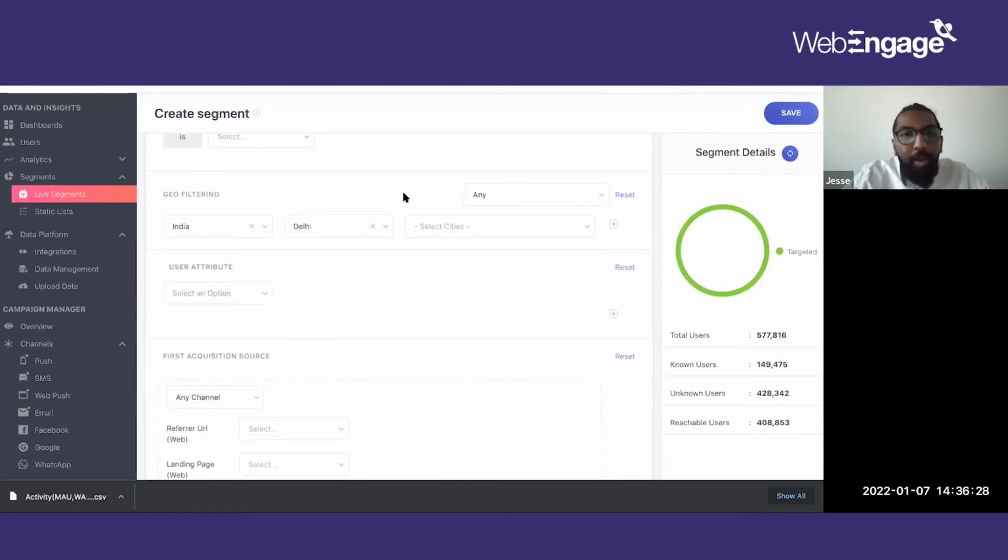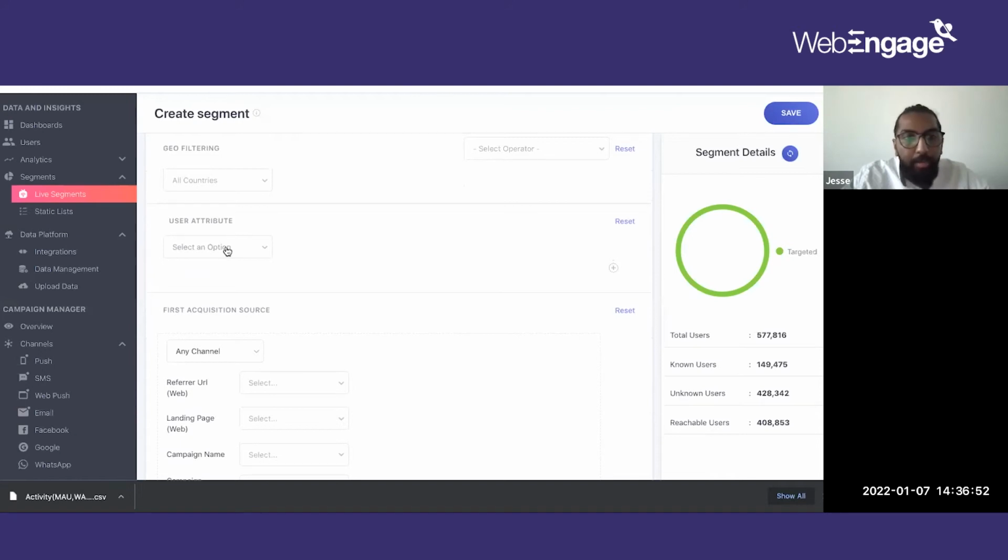Now, this is coming from the SDK. So if your SDK is providing further information about location, we can capture and break it down further as well. In terms of operators, you can target based on any of the locations that you want or none of the locations as well. Say if you want to exclude users from a particular location, you can do that as well in the geo-filtering section.